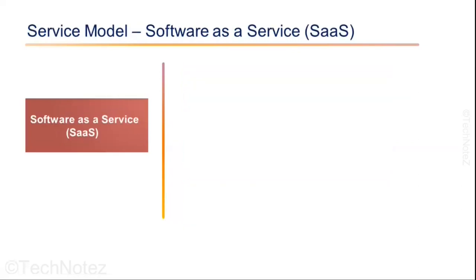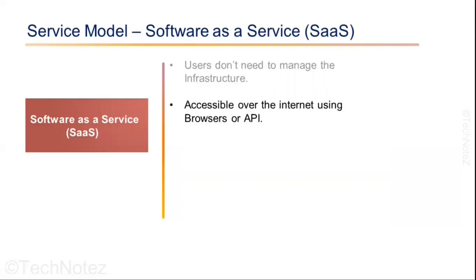Next, let's talk about software as a service. Software as a service is like ordering a pizza, where you just order what you need and pay for it. You do not have any control on resources and you don't need to manage the infrastructure. The software as a service model delivers the services and allows multiple users to access it remotely via the internet. Most SaaS applications can be accessed directly from a web browser without any configuration at the user's end.